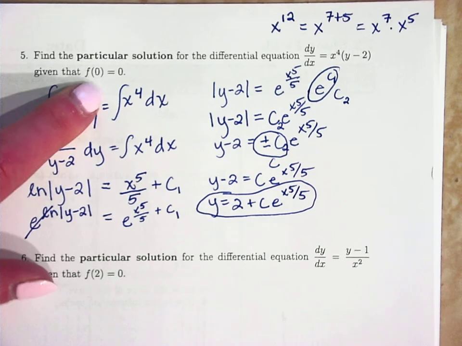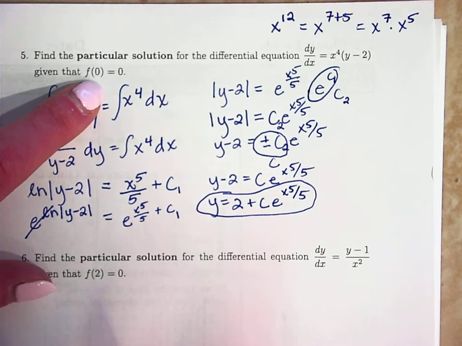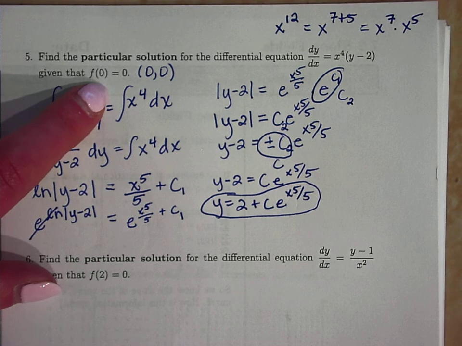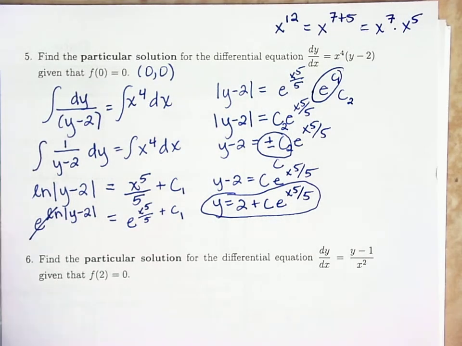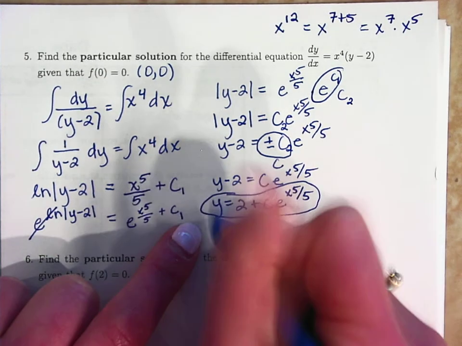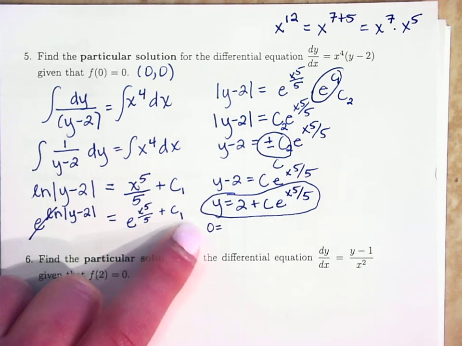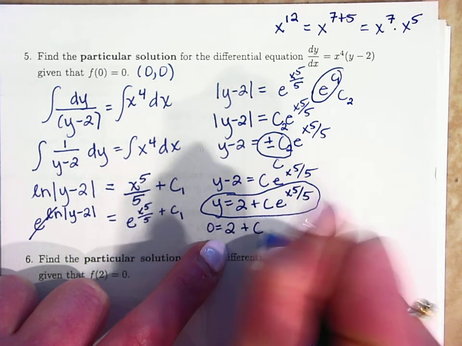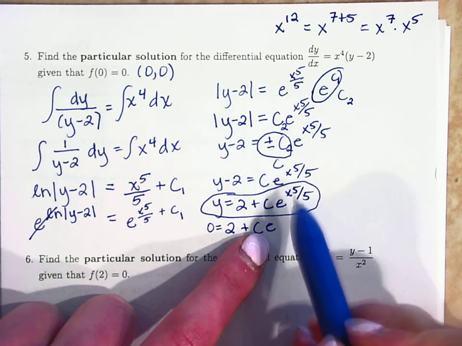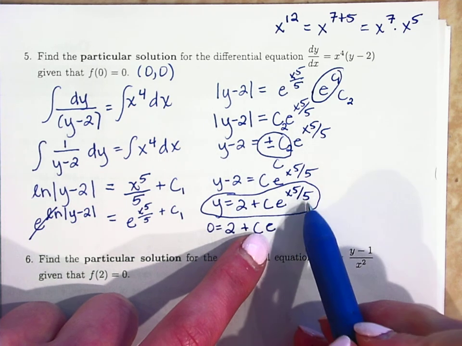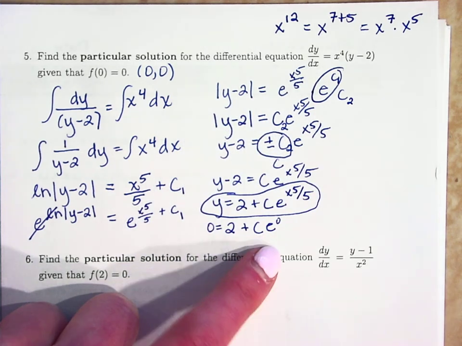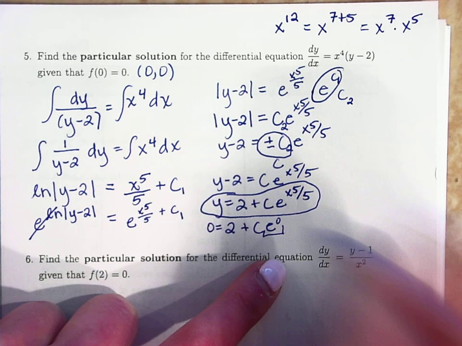Now I'm going to use my initial condition, 0, 0, to find out what c is. Okay, so y equals 0. I'm running out of a little bit of room, but so 0 equals 2 plus c e to the 0 raised to the 5th over 0, or I'm sorry, over 5. That is all 0. E raised to the 0